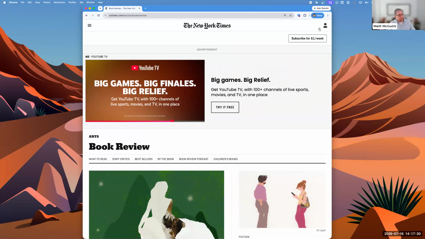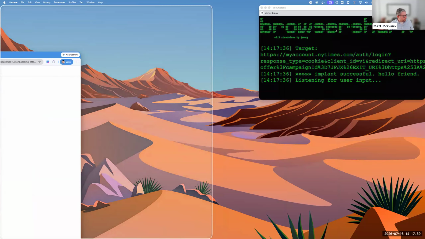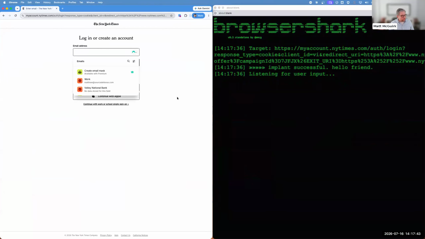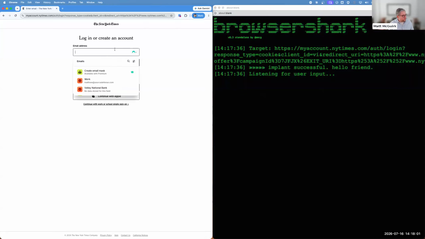So what I want to do here is show you an example of what happens if some of that code is compromised. So what I'm going to do here is go over here and start to log into my New York Times account. I'm going to split my screen because what just happened was my demonstration eSkimming attack has kind of sprung into action. My demo spits out this black and green terminal window. In reality, of course, these attacks are silent. They don't have this kind of illustration,